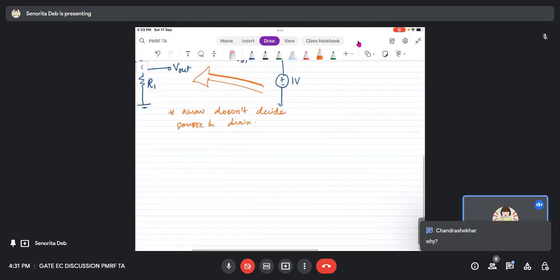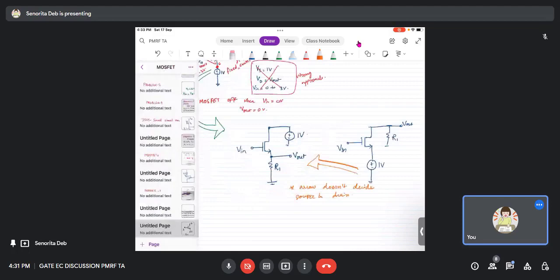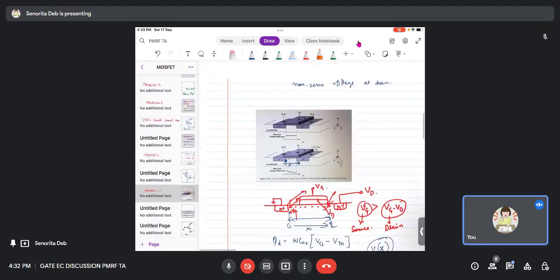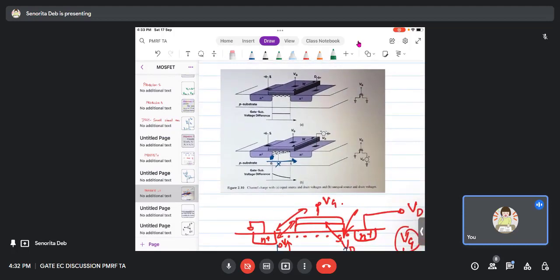Okay, so how will your source and drain be decided? Chandrasekhar is asking why. Last class we saw this diagram, right? What is happening here? The drain is getting a potential here, plus minus, and the source is grounded. The drain is getting a positive potential, more positive than the source, and that's why the current was like this, right? You remember? Now if I had put it just the opposite way, if I had connected plus minus here and grounded this,